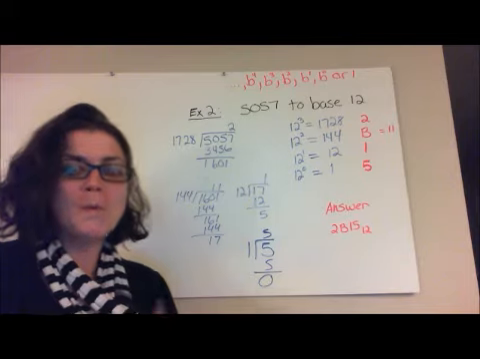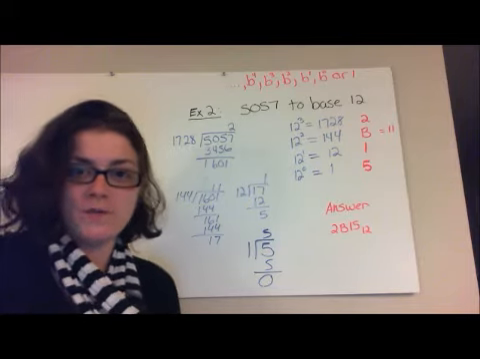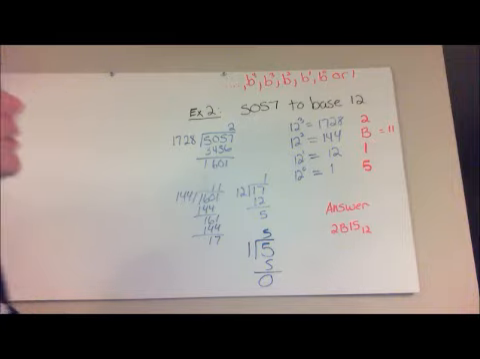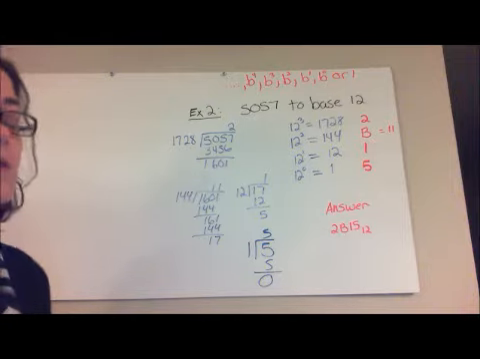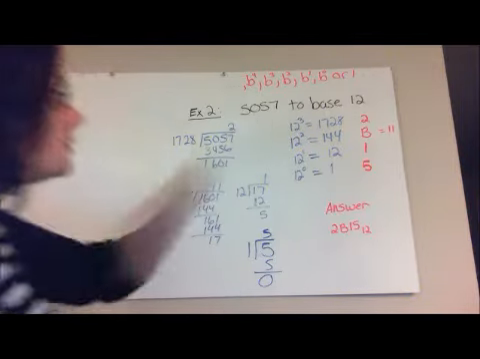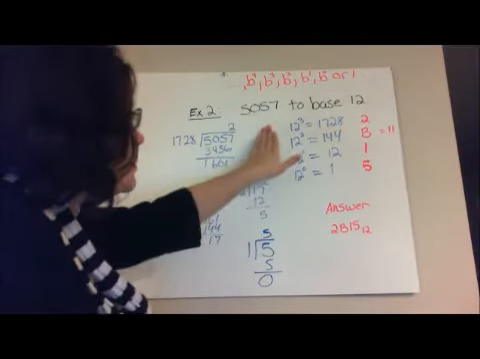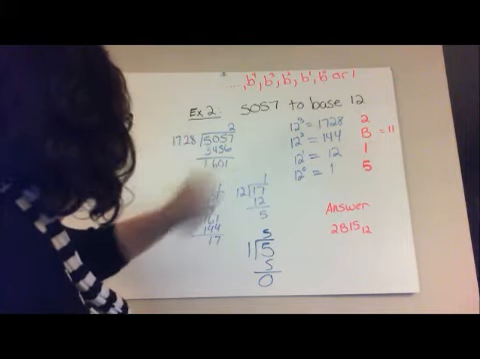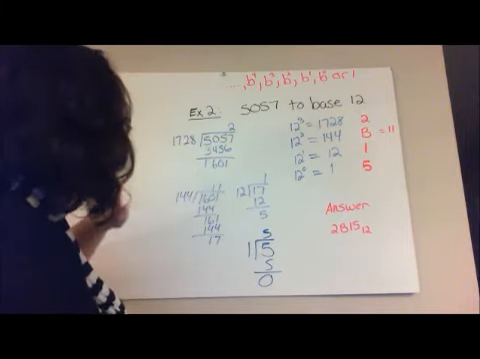We are going to do one more example where we convert base 10 to another base. In this example, we are going to a higher base. We're going to 12. I've already figured out the powers. So basically you just plug them in. So 5,057 divided by 1,728